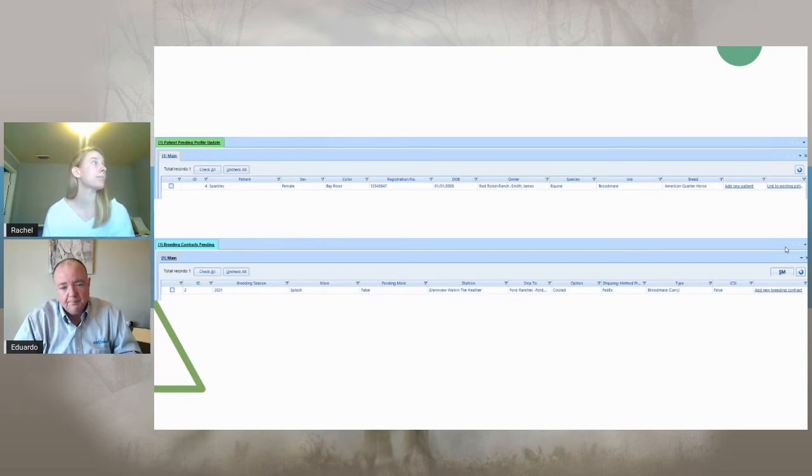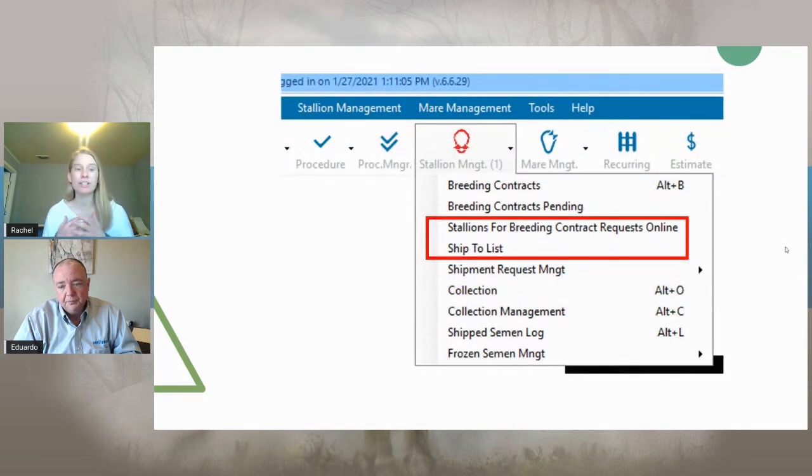Yep, definitely. So of course, now we need to talk about, all right, well, if you would like to make these options available to your customers, how do we set this up? So of course, the patient profile update is already in your customer's profile invitation. Right now we're talking about how, if you would like to set up so that your customers can request a breeding contract request online in their profile update,